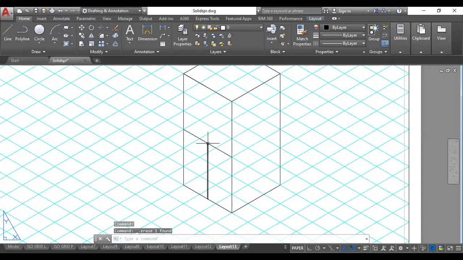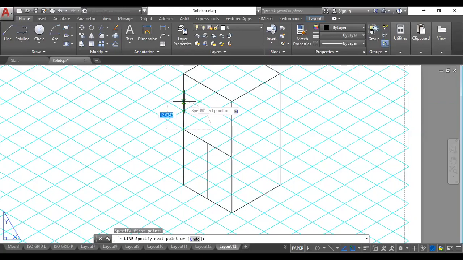So this is the center. From here I have already come 15 this side. So from this point I'll go 15 up, and this is 15, right?